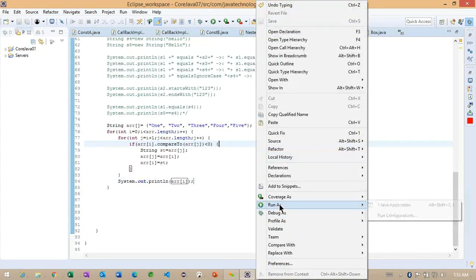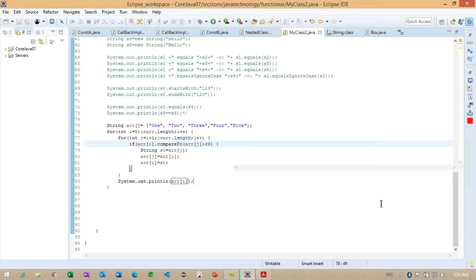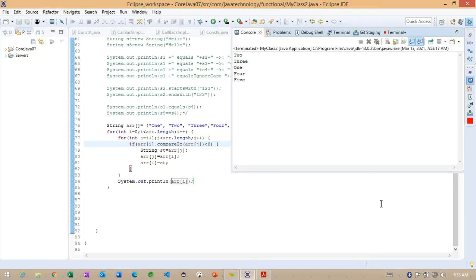Let me run this particular example here. So what kind of object are we going to get? Less than. Now you can see all we are getting here: 1, 2, 3, 4, 5, all less than 0.